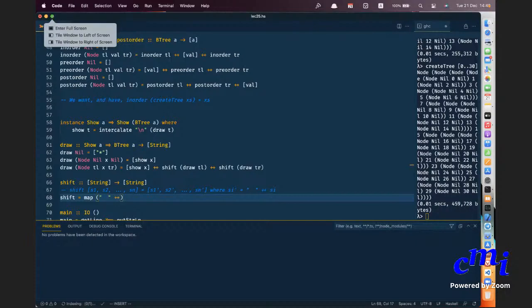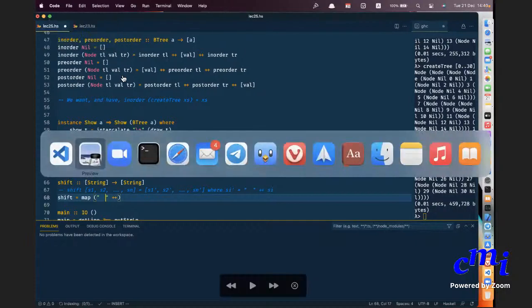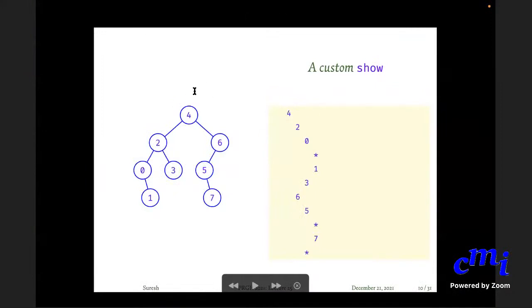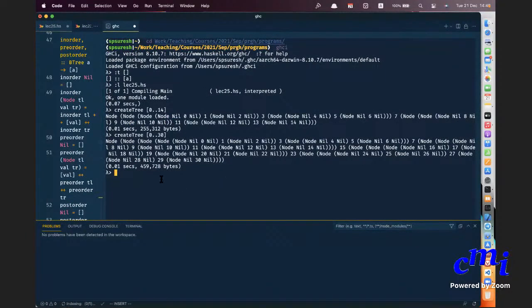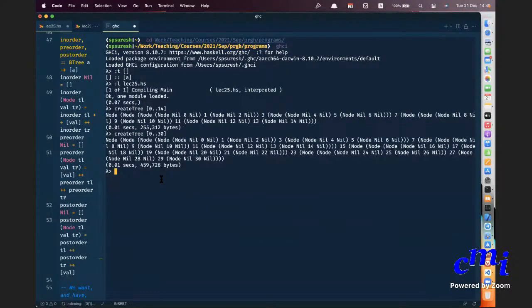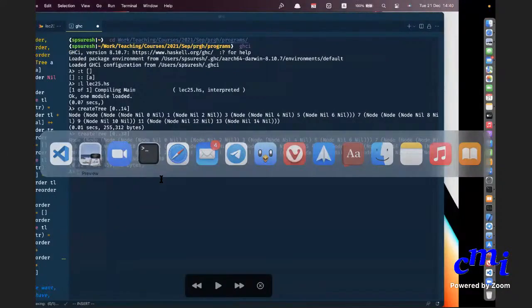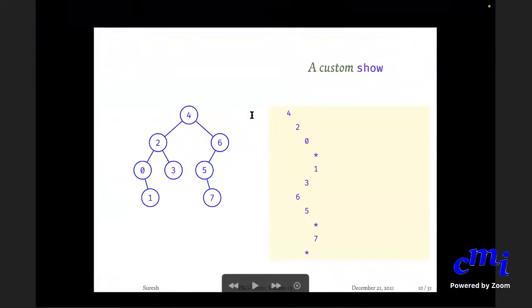Yeah, all I am saying is that I want to show trees like this. I mean, I can't draw lines and circles and so on. It's difficult. So I want to display trees in this form rather than displaying trees in this form. You see, this is hard to read. So instead, I want to display it in an easier to read form. That is the aim. Are you fine with that? Yes, sir. And the way I want to do it is this: if I have a root, I'll print the root on one line. Then the left child, each node I'll print on a separate line. But I'll indent it depending on what level it is at.